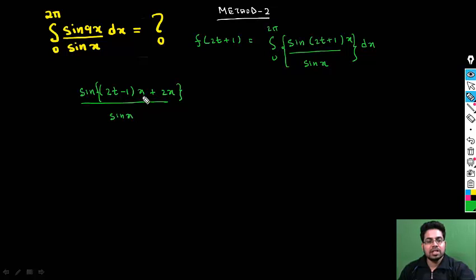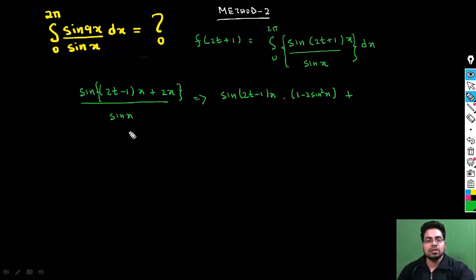If you look at this expression, this is in the form of sine of a plus b. So this will then become sine 2t minus 1 x into cos 2x, sine a cos b cos 2x. So instead of cos 2x, I will write 1 minus 2 sine square x